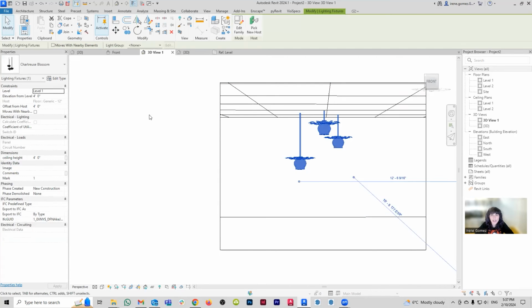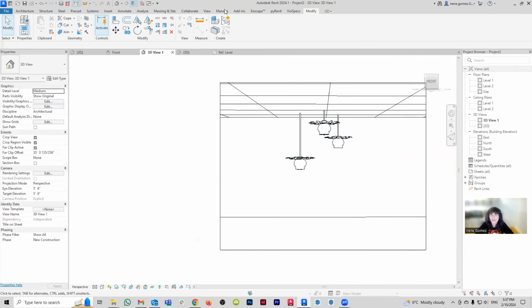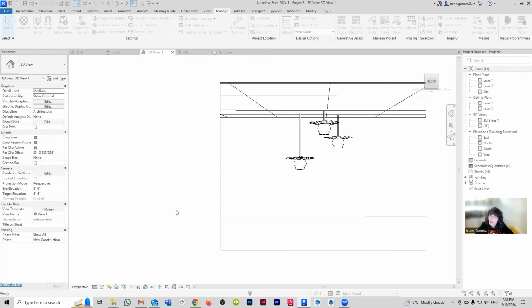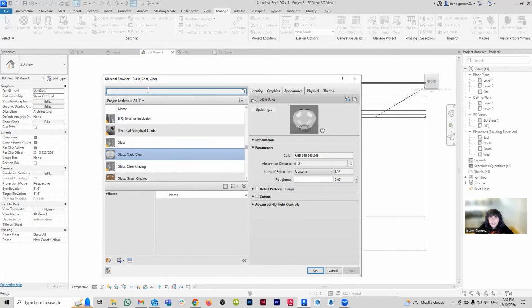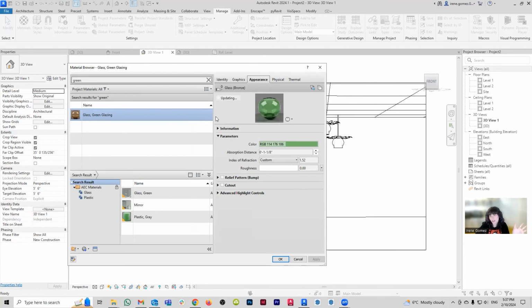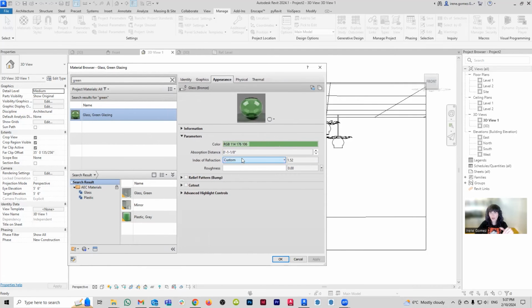So the easiest way to edit my materials is going to be go to manage. And I'm going to start with this green here, just because it's going to be the easiest part. So we said it was like green something. Yes, this guy. So for the materials, this is the one thing that I don't really love about AEC materials, but we're just going to run with it. It's the fact that you don't actually have a lot of customization options with some of these templates.